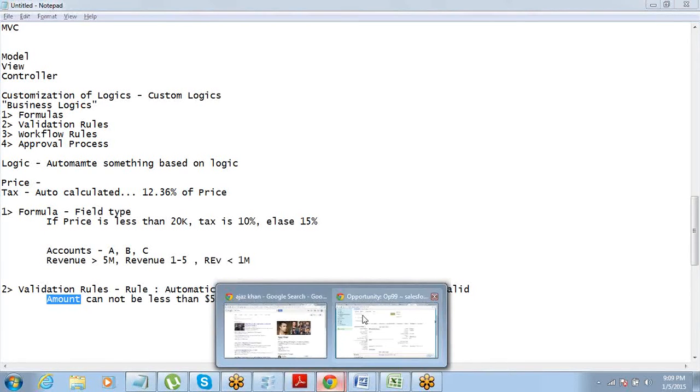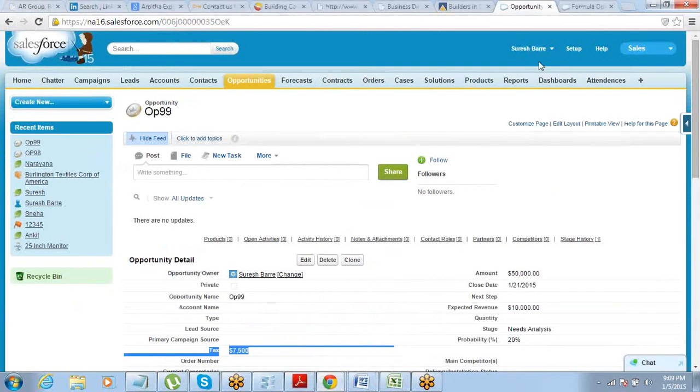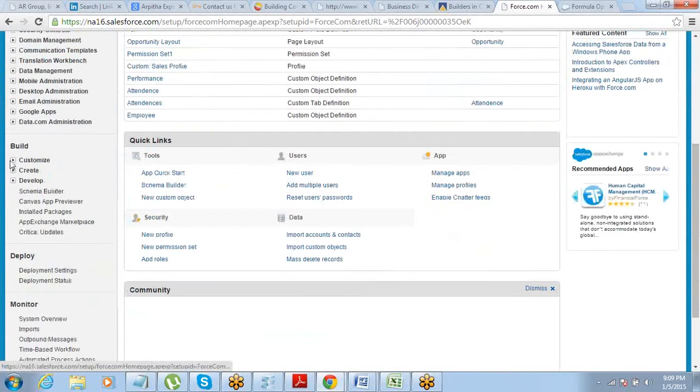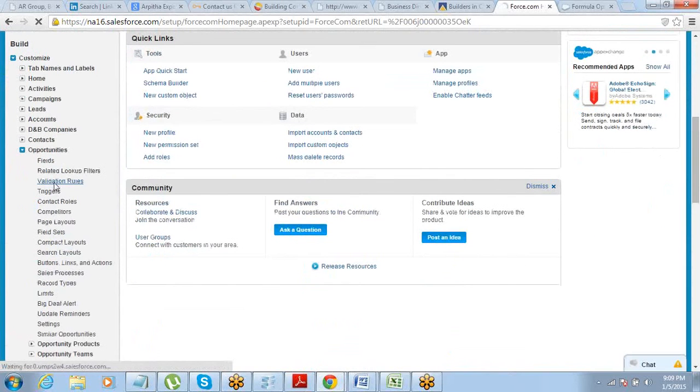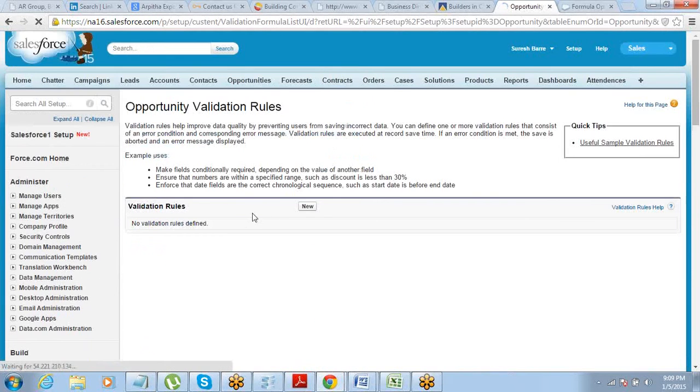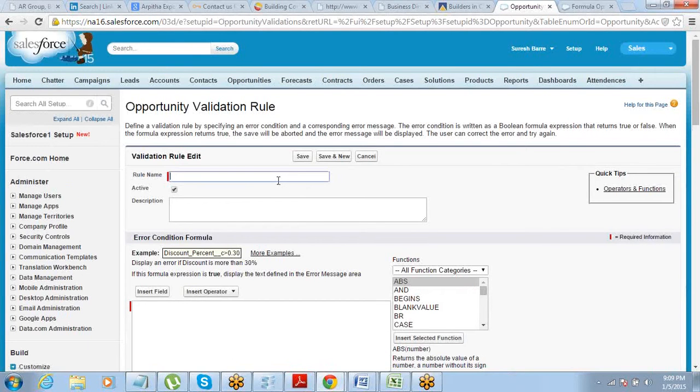So what we have to do here: go to the setup, customize, opportunities, validation rules, click on new, give a name to the validation rule, of minimum.